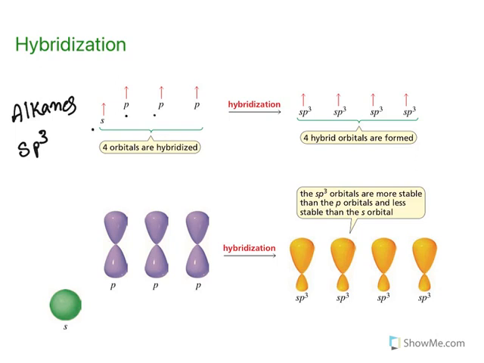See, 1s and 3p orbitals. The s orbital is lower because it has low energy compared to the p orbitals. Low energy means more stable. So there is an energy difference between s and p orbitals. The reason why orbitals form hybridization is to neutralize their total energy, and all of them combine to give sp3 hybrid orbitals. The sp3 hybrid orbitals are more stable than p orbitals and less stable than the s orbital.